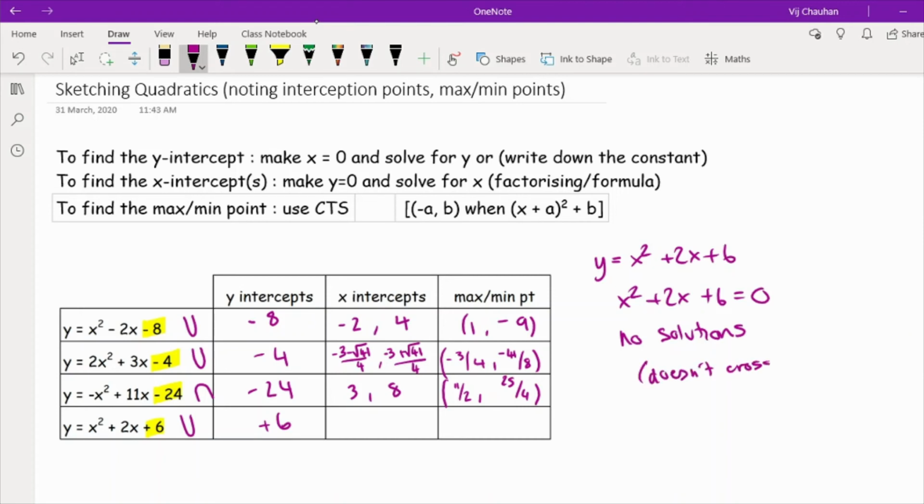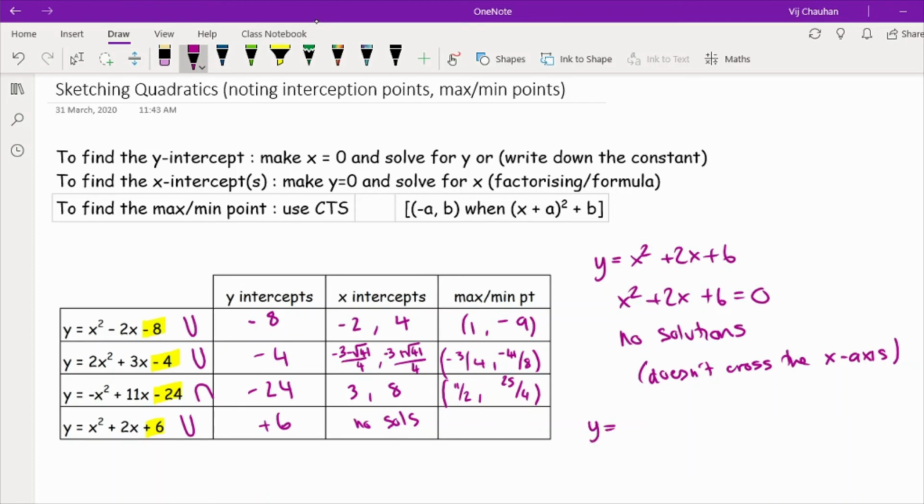cross the x-axis. So it's got no solutions. If you type it into a calculator, it might come out with a little i if your calculator deals with imaginary numbers, but basically it's got no solutions. So here we're going to write no solutions, and we can still work out its minimum point because it's still going to be a positive parabola, so